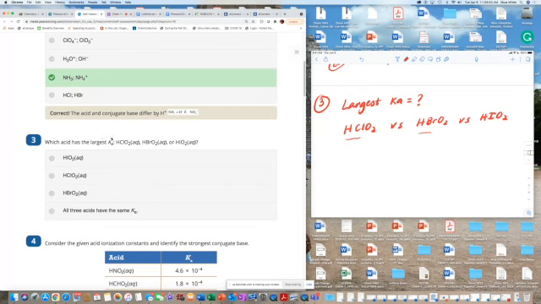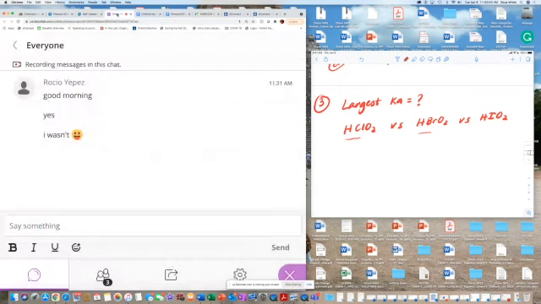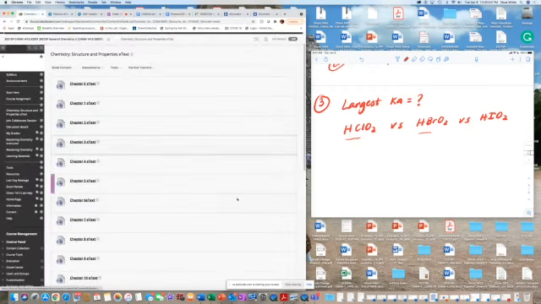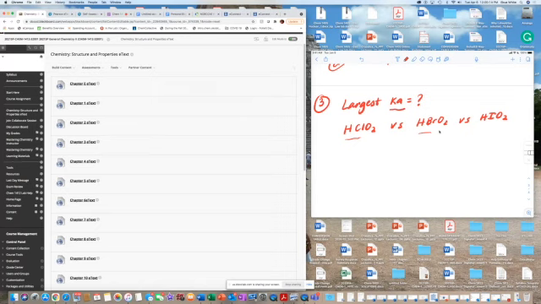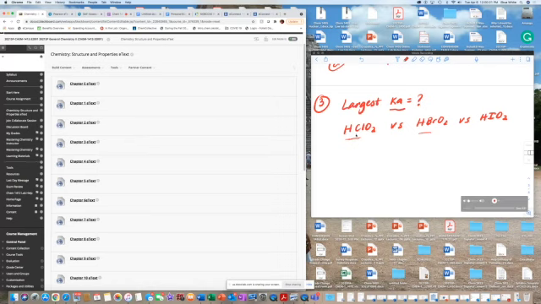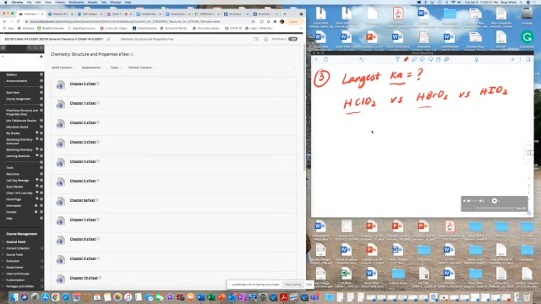Huh. Okay. Because for this one here, let me see what Rocio said. Okay, let's see. For this one here, when you're looking at Ka, there's a lot of things we have to combine, right? So let me show you why I'm about to go back to the chapter. First of all, we look at these. It's HClO2, sorry. Yes. So when you list these, you have